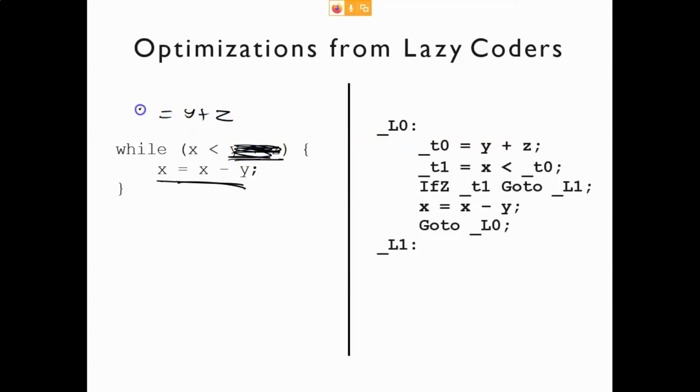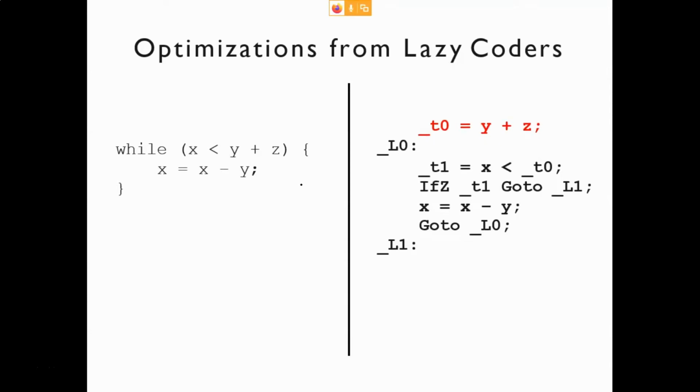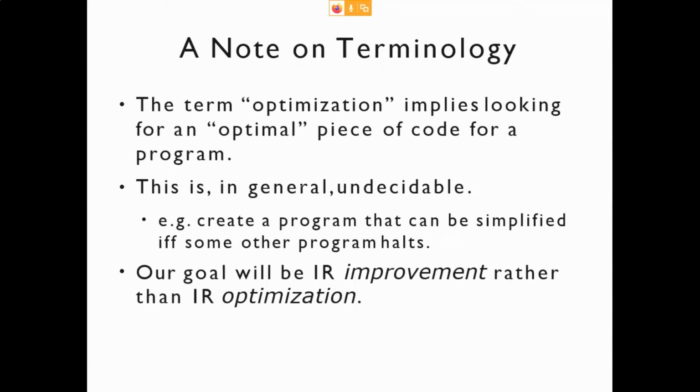Maybe you can put t here. Now you can put t here. So you can see these types of things will save you a lot of time. Let's assume this loop is running 1000 times, then 1000 times you are doing this addition unnecessarily. What you can do is this addition only one time, and then you put this t here, so it will save a lot of time. So all these are different optimization techniques we have. We will now see all the techniques that are in our GATE syllabus.